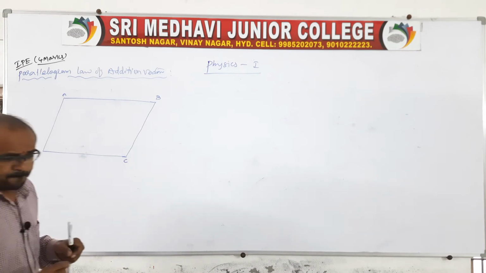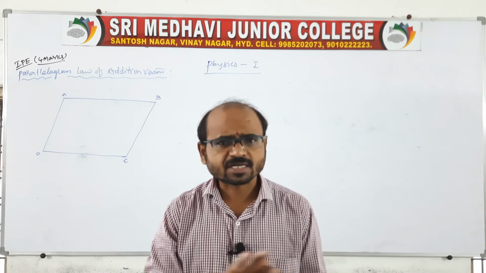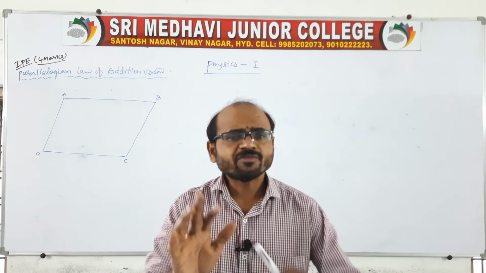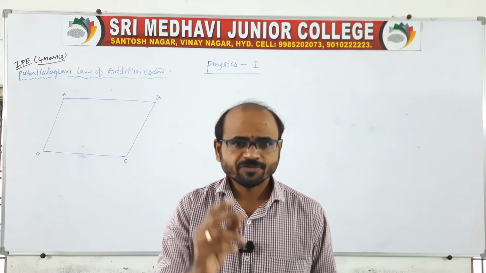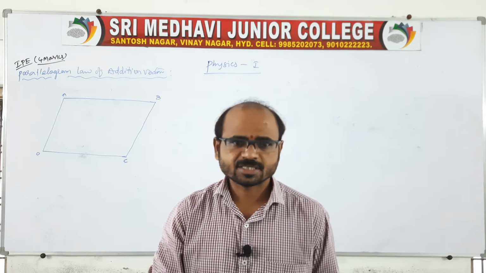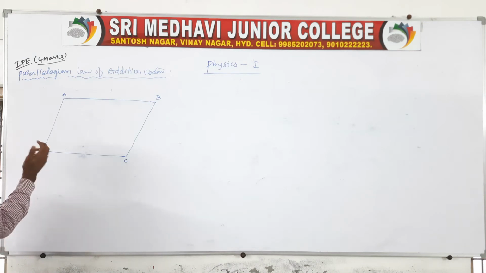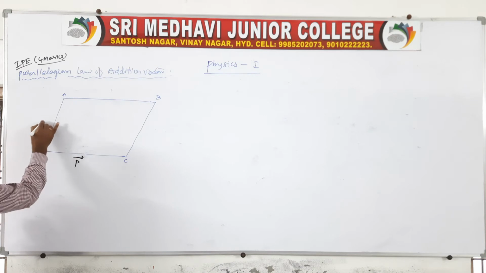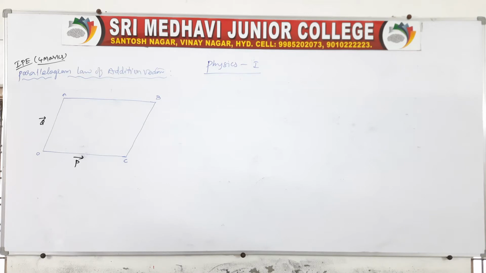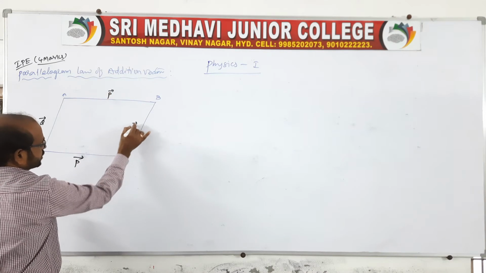Let me tell you one thing. For a single vector we don't have any resultant, because a single vector cannot keep the particle in equilibrium. So if there are 2 vectors or more than 2 vectors, then we'll have a resultant. In a parallelogram, you take 2 vectors that are adjacent sides of the parallelogram. P is a vector, Q is the other vector, so that P and Q are the adjacent sides of a parallelogram. Anywhere you take, here also P, and here also Q. You take any 2 vectors,